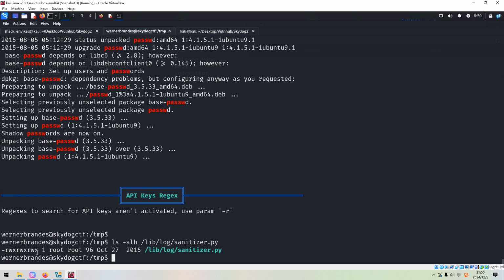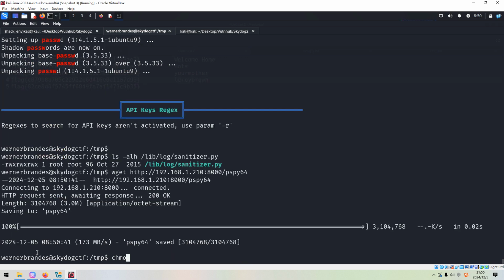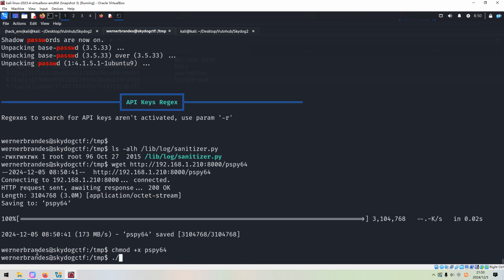Okay. So similarly, we can upload another very important utility, PSPY64, and we need to make it executable and run it.